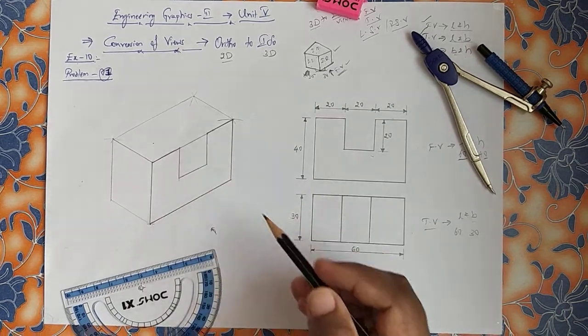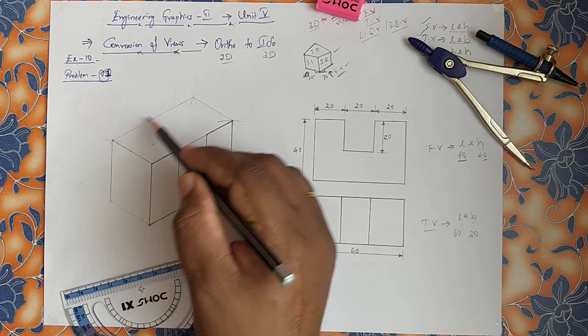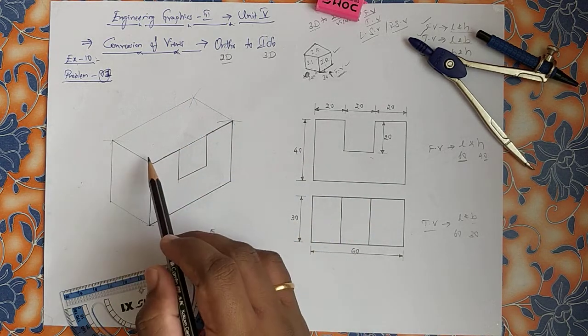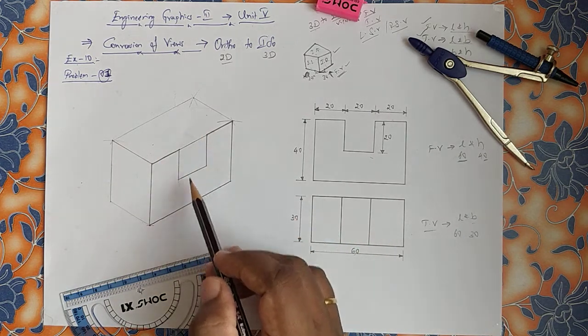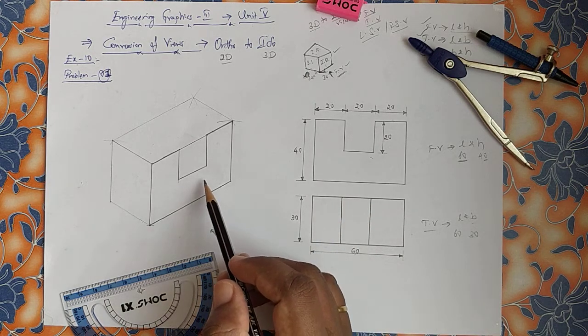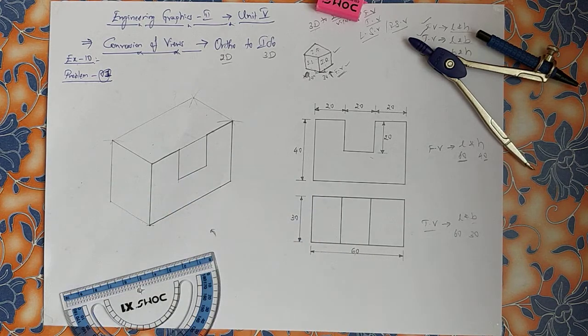Now think here. See, now remember the top view. From this top view, you understand you have to fit it here. But when you are keeping the top view, this rectangle will be here at the left corner. This rectangle will be at the right corner. Now from the top, it is also a rectangle. With respect to the front view, you can easily analyze that there is a step inside. That means here you are supposed to draw that.